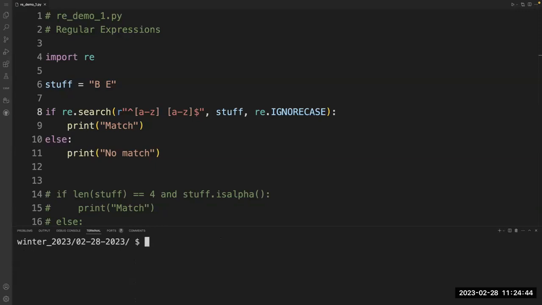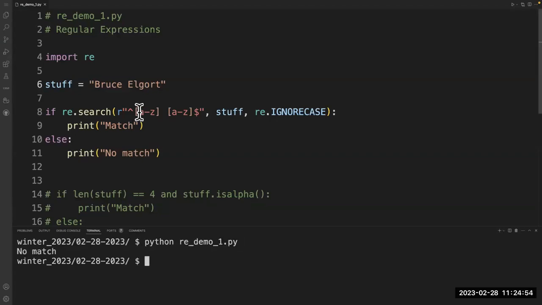But what this is not going to work for is this now, Bruce Elgort. It's going to be no match, because we're only looking for A through Z here. So how do we get the ability for someone to type in two words, whether they're first and last name or two words of any length,